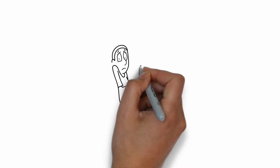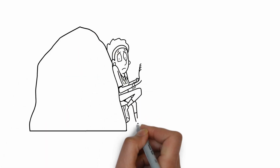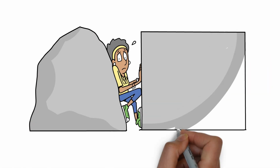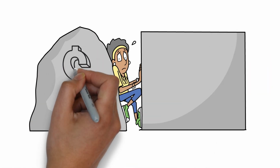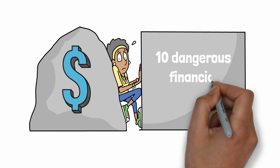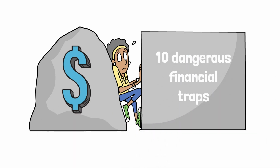Today, we're going to talk about 10 dangerous financial traps that we fall into, often without even noticing it. These traps can cost you a lot more than you think. Let's take the example of compound interest. Let's say you invest $10,000 at 5% interest. In 20 years, your total will be about